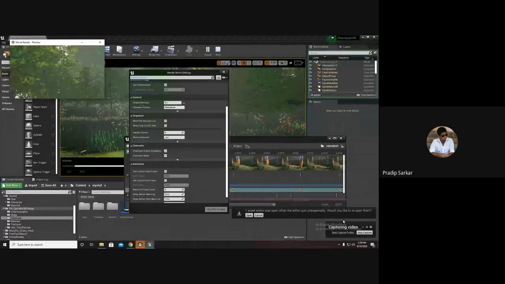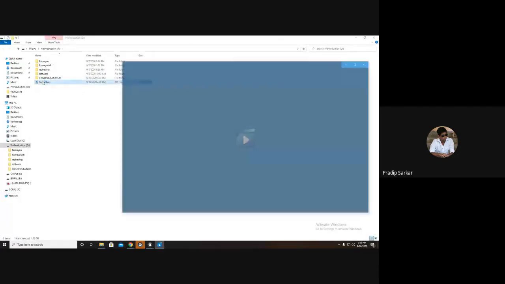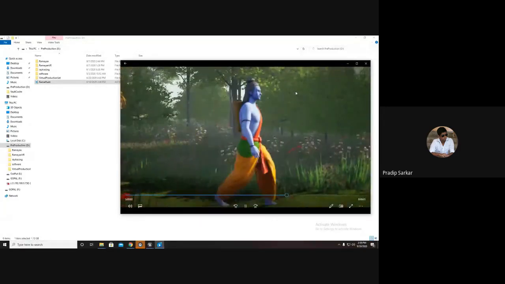In the right hand side bottom corner, it is saying capturing video. If I stop the capture and open it, it has captured some of the content. If I open it, it has rendered a video.